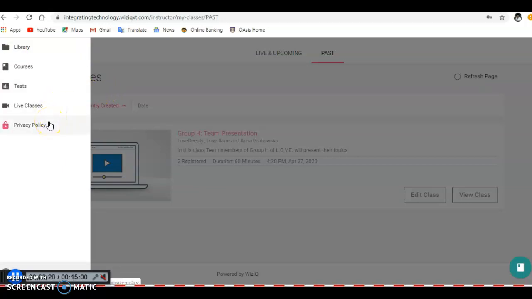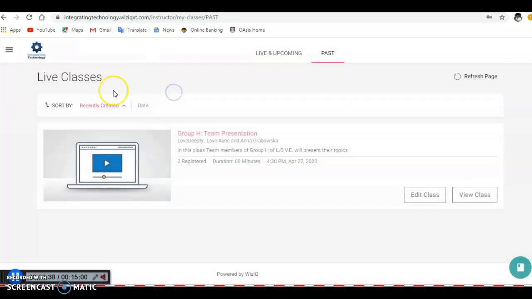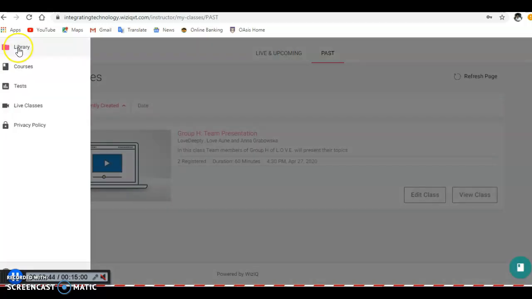This privacy policies is actually the policy about terms and conditions that you read, and if you agree, just click on agree. Right, so that's basically some of the features, and I am